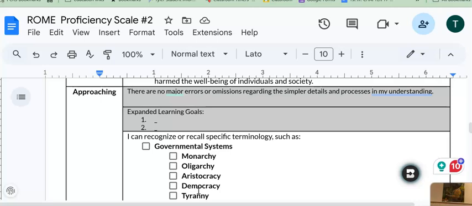Related to the government systems. So this is our next word that we kind of have to explain. So when we think of government systems, here's what that means. Government systems is going to mean